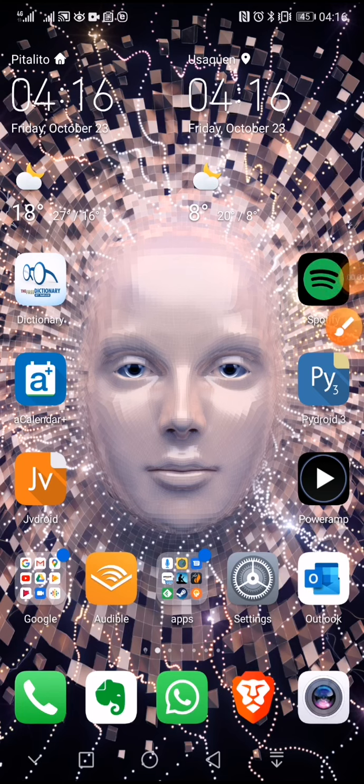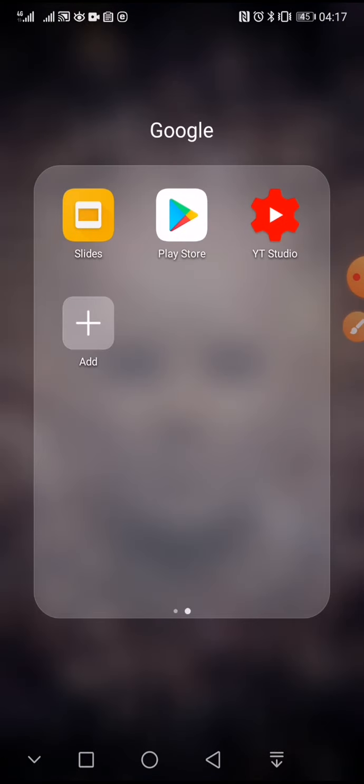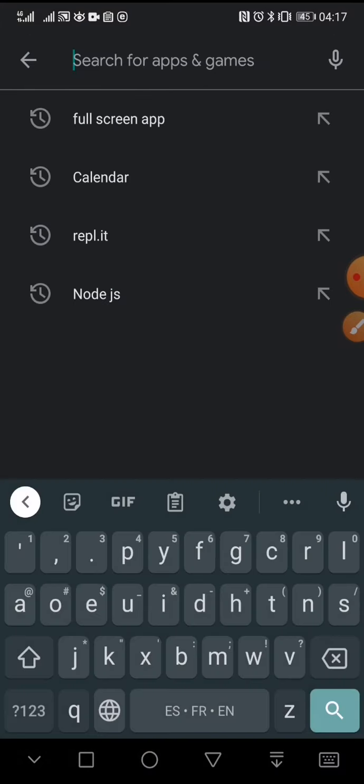Okay, have you ever tried to execute Python code on an Android device? It's very easy. For that, there is an application that we can download from the Play Store. So we go to Play Store and search for Pydroid,